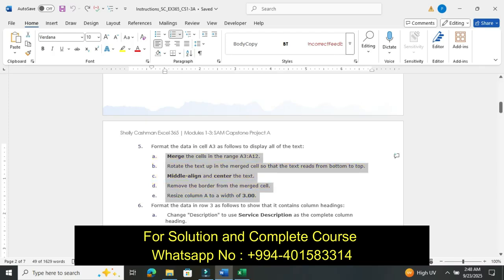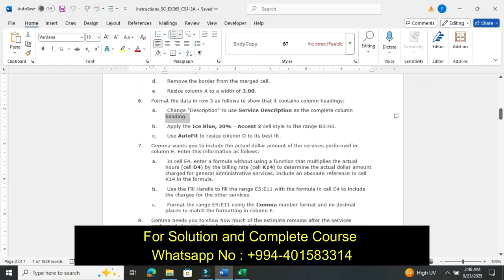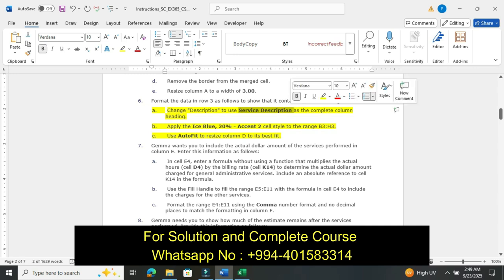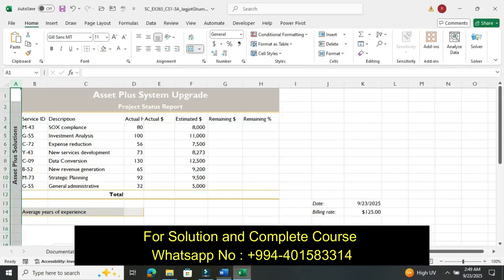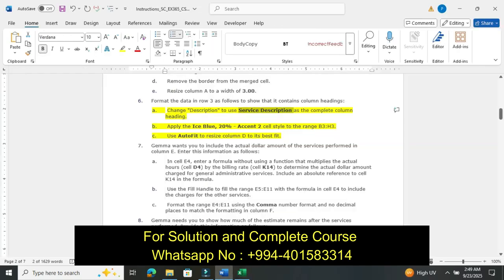Now we move to step number 6. First we highlighted step number 6. Change the Description heading to Service Description as a complete column heading. So in row 3, change this heading to Service Description, and apply the Ice Blue, Accent 20% cell style to the range B3 to H3.